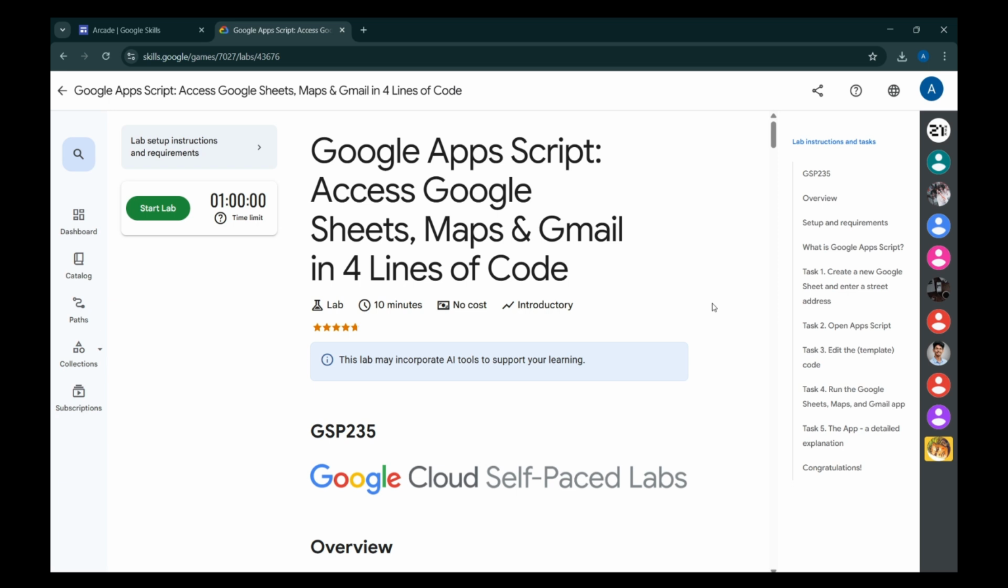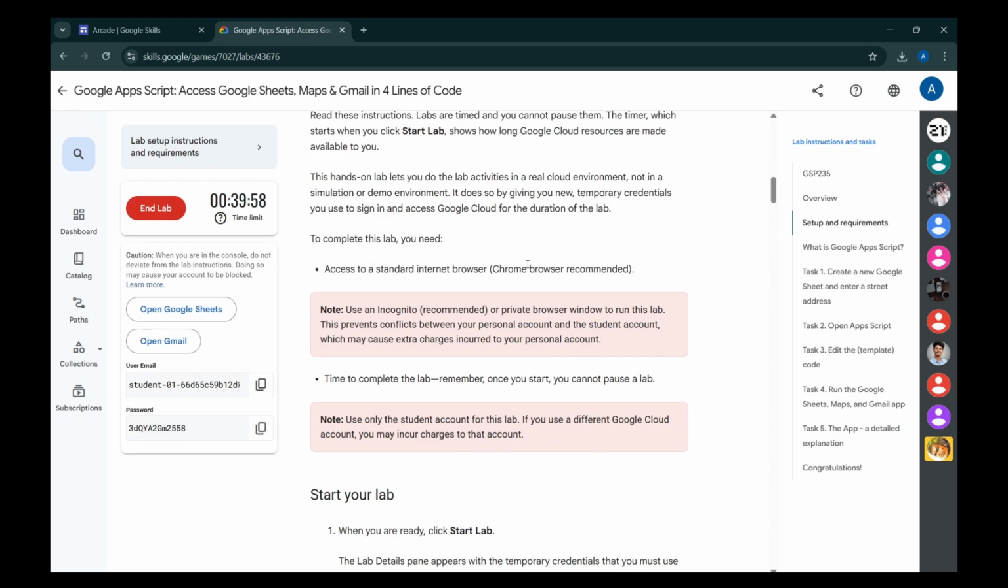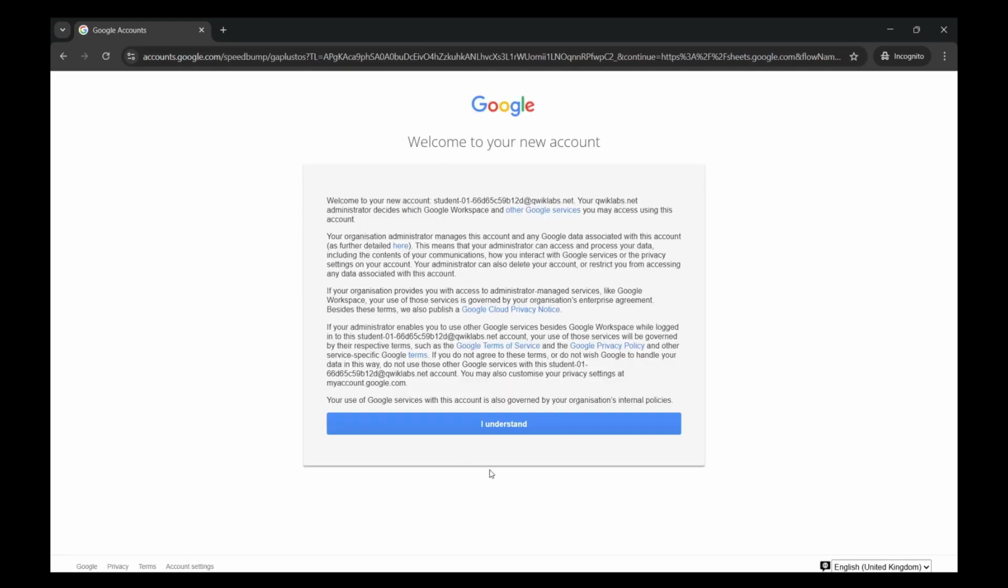इन 4 लाइंस ऑफ कोड। सो क्लिक स्टार्ट लैब। देन नेक्स्ट हम गूगल शीट्स को ओपन करेंगे इनकॉग्निटो विंडो में। क्लिक आई अंडरस्टैंड।